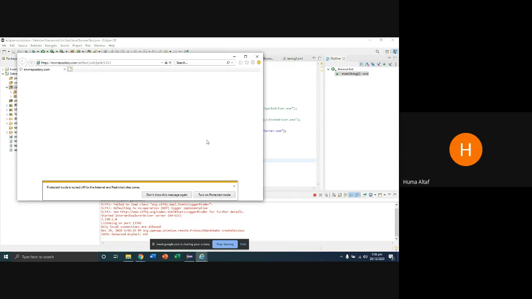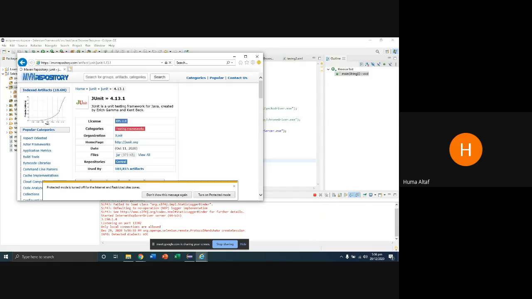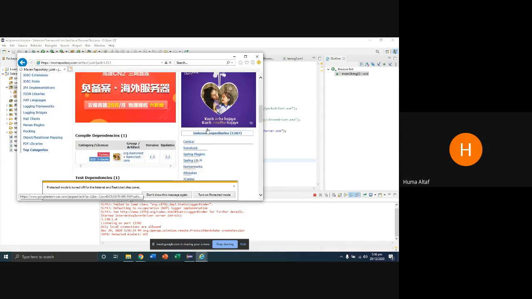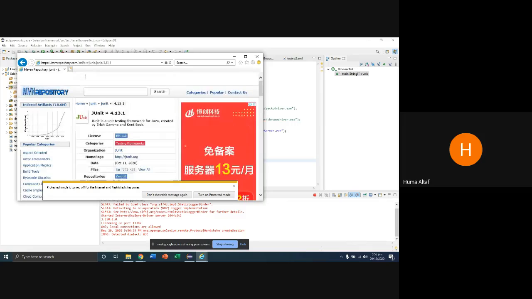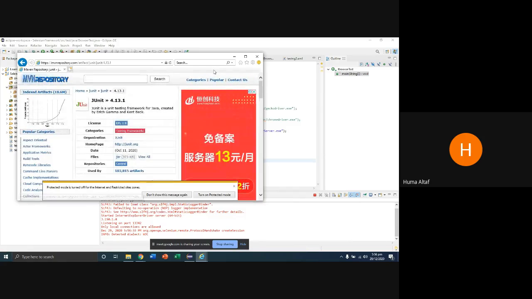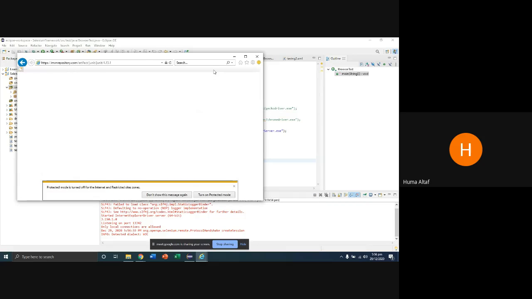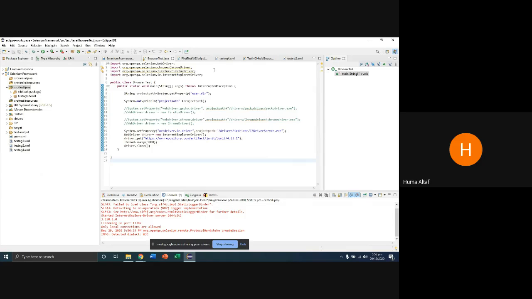Yes, it is running. This is an initial page, and it shows the MVN repository, and after it gets loaded, it will disappear for a specific time, because I have used thread.sleep, and as soon as the time is over, it disappears. Now I am going to run it for Chrome,